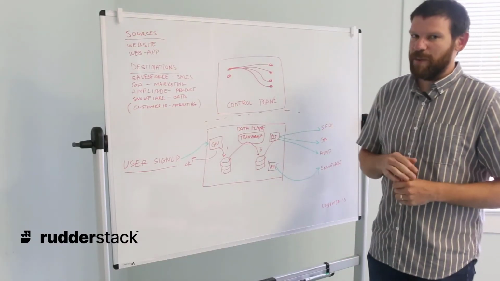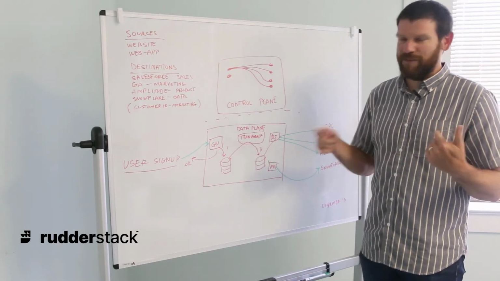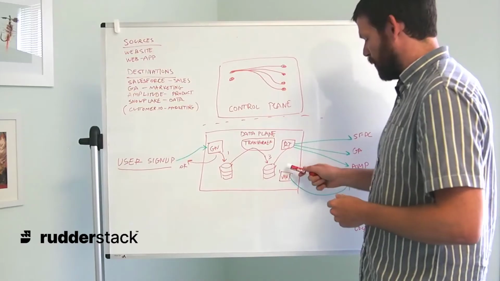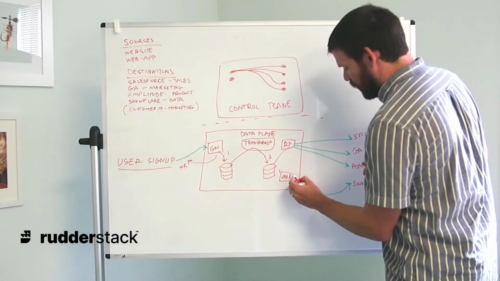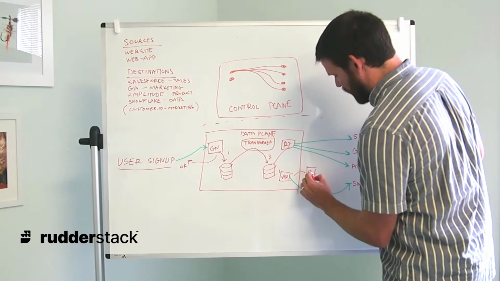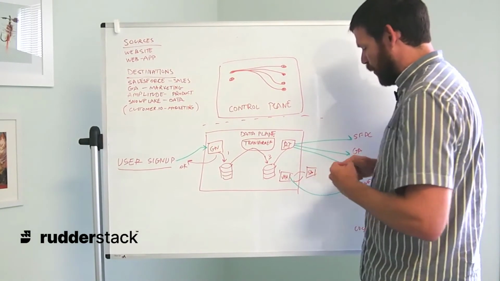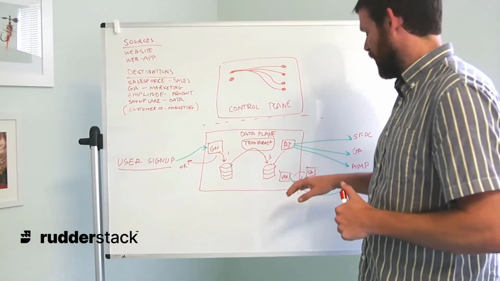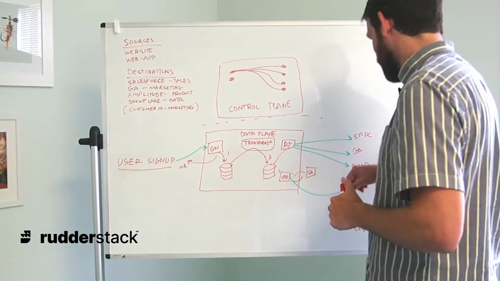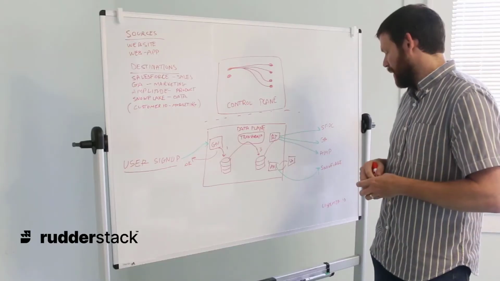The warehouse is treated separately because of compute costs with warehouse destinations. So instead of streaming the data live to the warehouse, the warehouse service is going to create staging files on a temporary storage platform, typically something like S3. And once those have been stored, the warehouse service itself will, on a predefined schedule set by the user, take these staging files and upload them into Snowflake in a batch process, which will save on compute costs because, again,